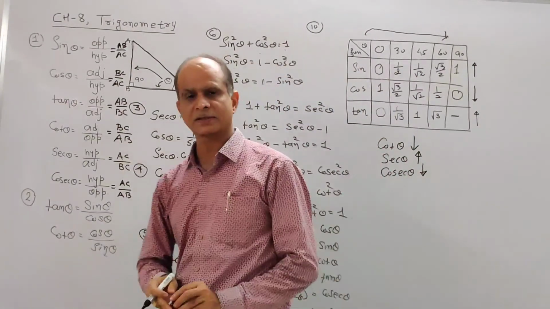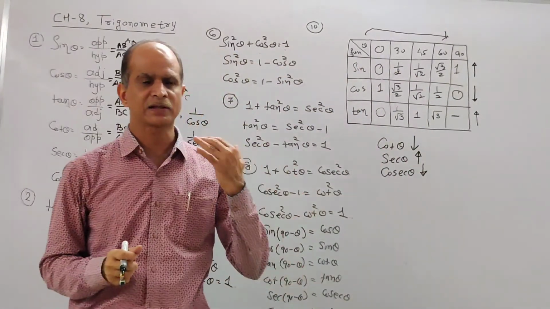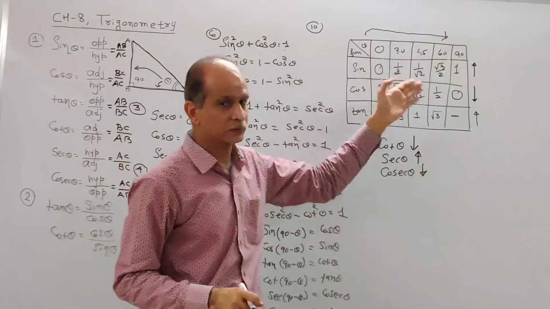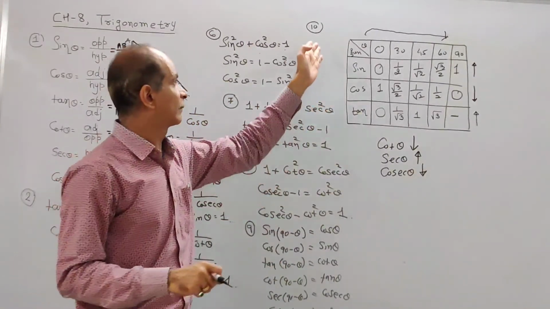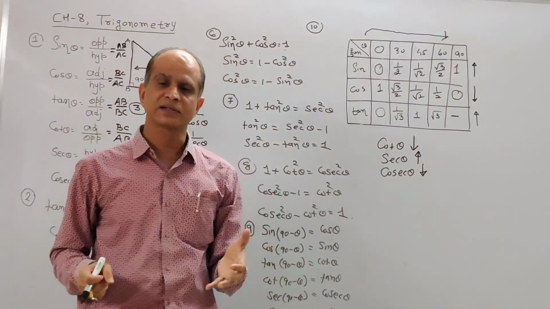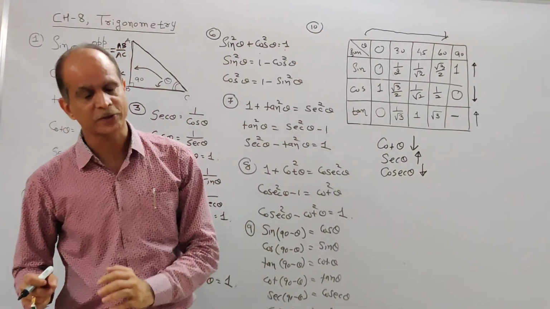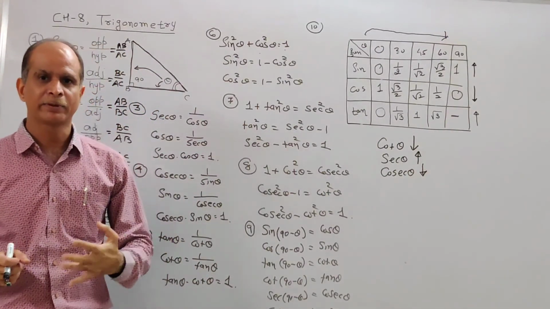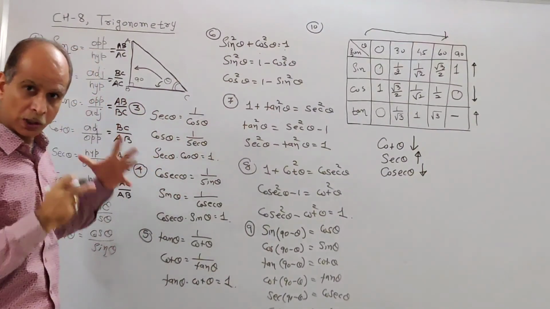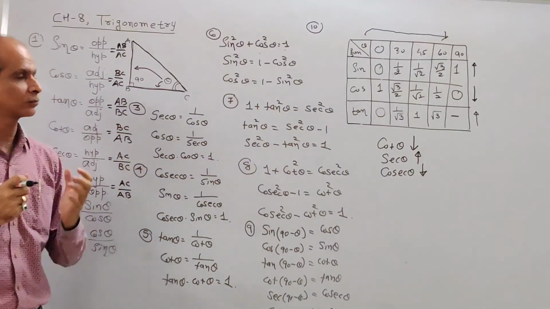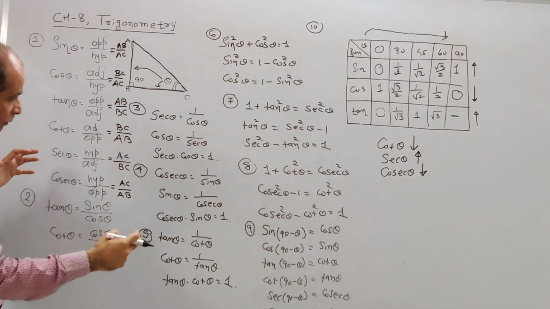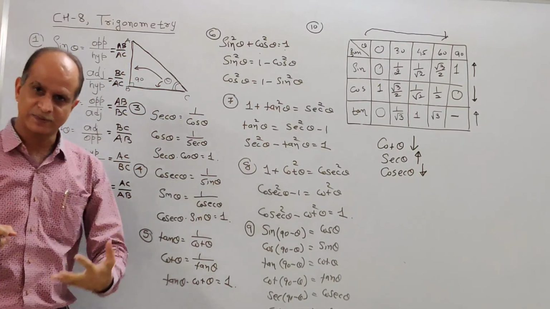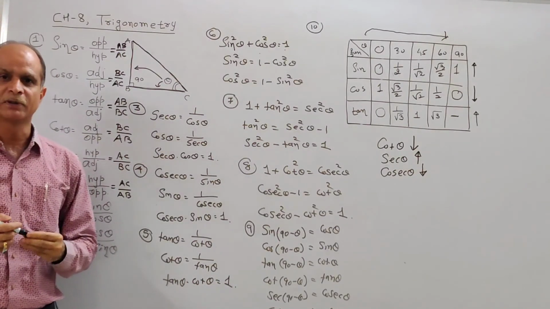So we have also discussed decreasing and increasing functions. As the value of theta increases, if the value of the function also increases, it is an increasing function. If theta increases and the value decreases, then it is known as a decreasing function. So in the next period, we will start exercise number 8.1. But to solve the examples of the exercise, we need these 10 formulae. So please recall these formulae, and in the next period, we will start exercise number 8.1.